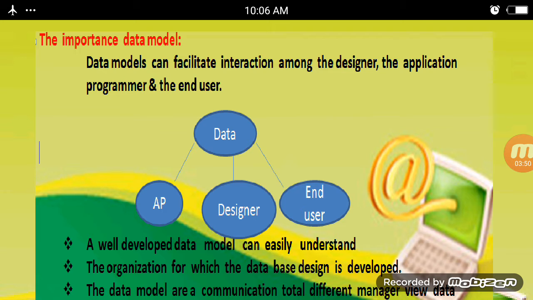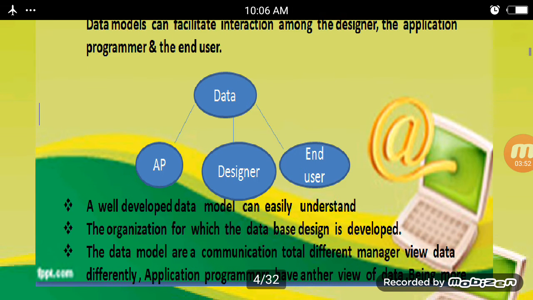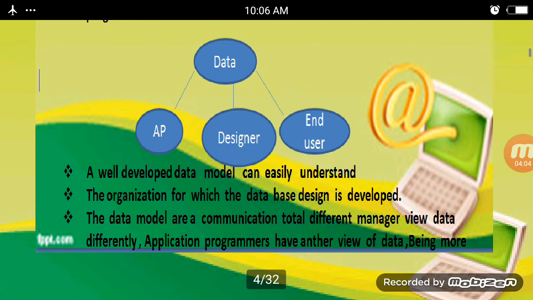For example, I am taking one example: data is converted into three parts, application programmer, designer, and end user.